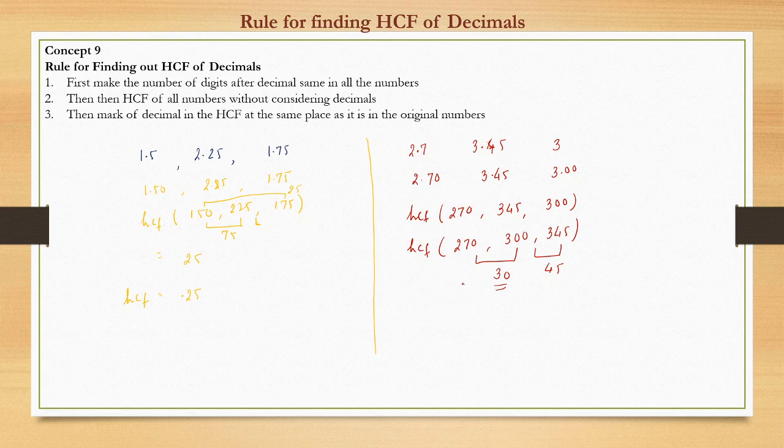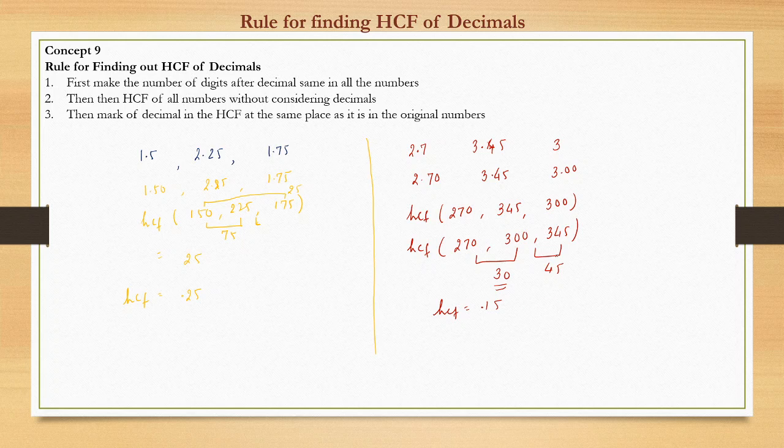This we have seen in the previous part. So a factor of 30, let's see with the highest factor, which is 30 itself. So does 30 divide 270? Yes. Even 300 is divisible, but not 345. Okay, so now we'll move to 15. The next highest factor of 30 is 15. So 15, yes, divides 270, even this, and 345 is also divisible. So the HCF would be nothing but 15, and since the decimals were before 2 digits, we'll place the decimal here. So this way we can calculate this HCF.